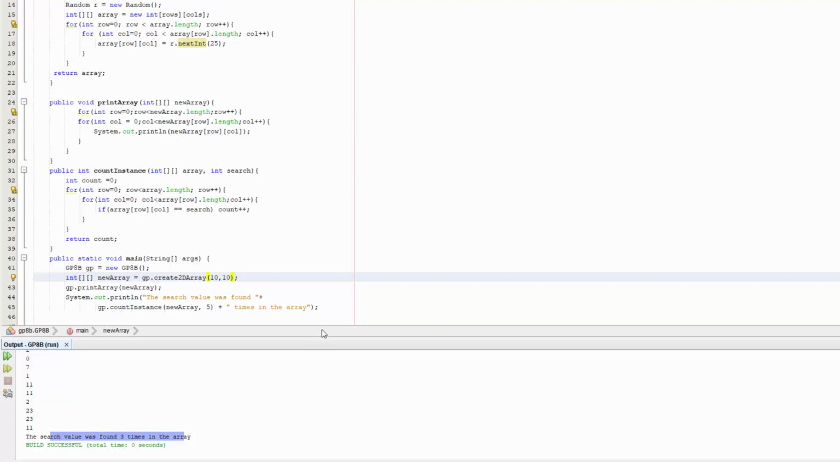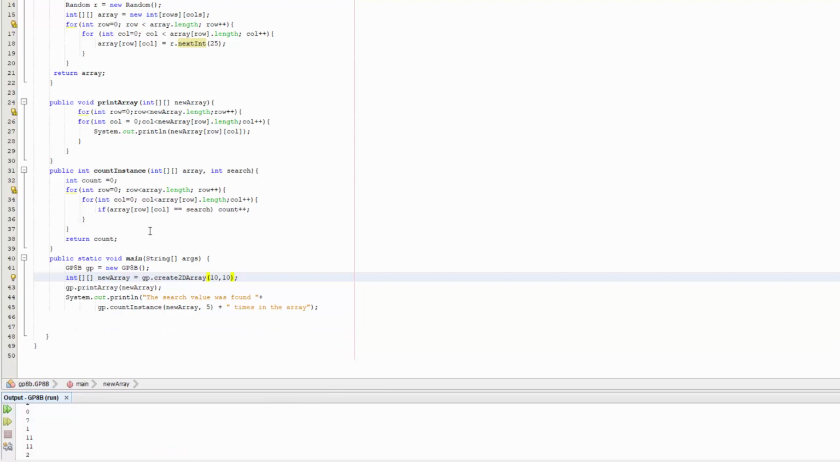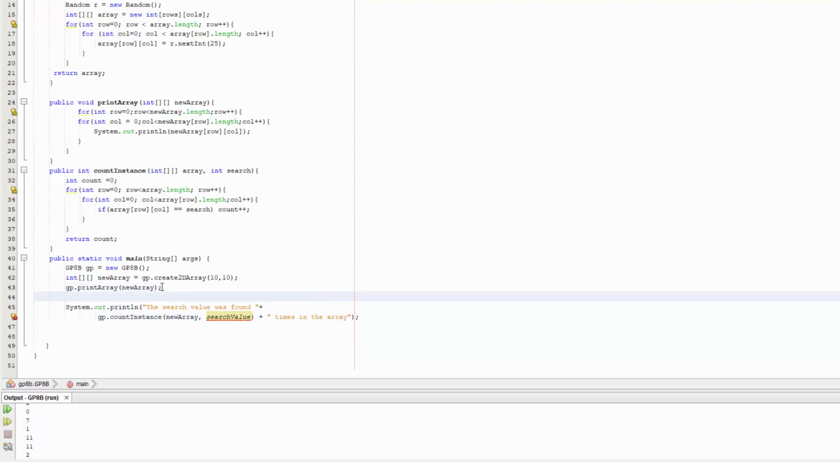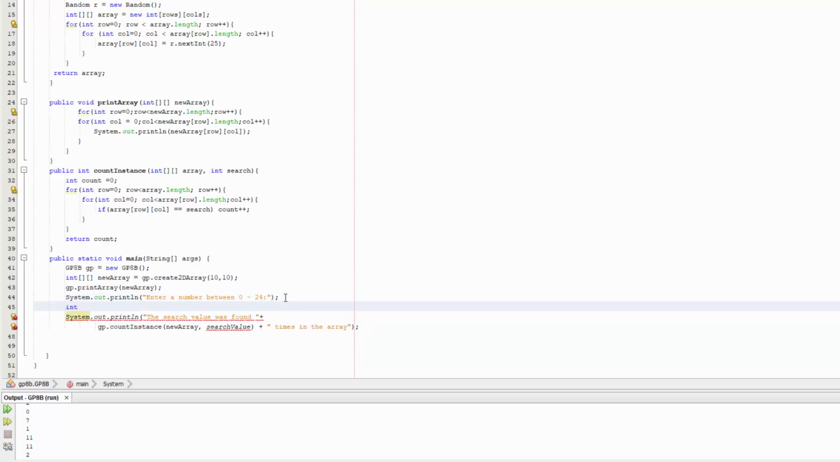Now let's just take this one step further, because we put a fixed value in here for what we're searching for. So let's create a variable called search item, or search value. And then we'll ask the user to enter a number between 0 and 24. And then we'll do int search value is going to be equal to,